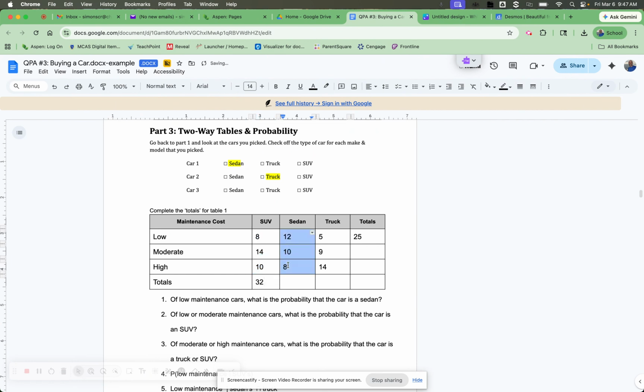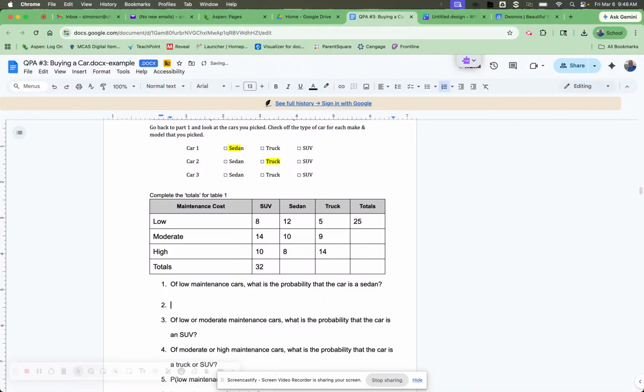So I'm going to do the same thing to add up these numbers, add up these numbers. Make sure to add up these numbers and add up these numbers, and then you should add up all these to get this value here. So all these totals need to be filled in. All right, once you have that,